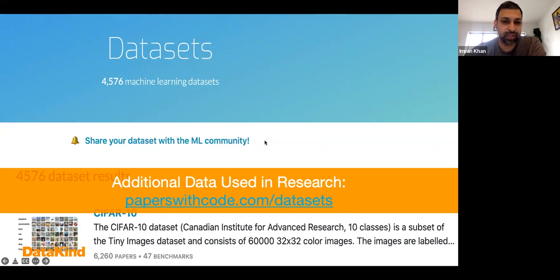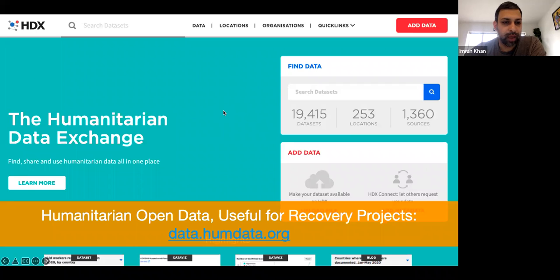This is a good one. I use this one quite frequently, particularly if there's data that I am seeing in some type of peer-reviewed literature that is relevant to something I'm working on. The Humanitarian Data Exchange is useful for economic recovery and social recovery projects. HDX.org is a nice platform that would be able to provide you with open data sets that are relevant to economic recovery. And I think this is an international platform too, so they have data sets from all over the world. Another place to look.